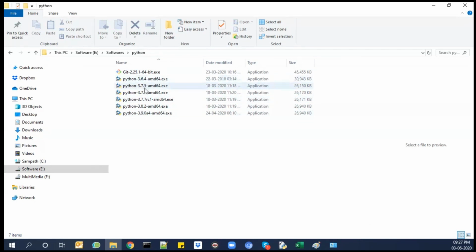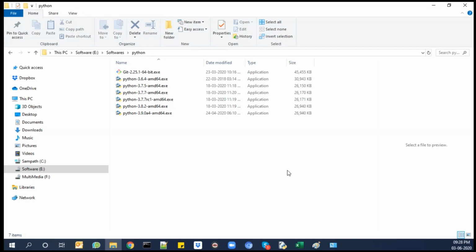I used to upgrade to each and every version whenever we get the latest one in the market. The stable version now, 3.8.2, is the latest stable version. 3.9.0 is not a stable version. Don't keep on changing your versions unless you are an expert in Python or deal with it every day and know how to uninstall and install all the packages back within days. If you uninstall once, after installing all the related packages of Python or data science, it will be very hard to remember which packages you are using for different projects.